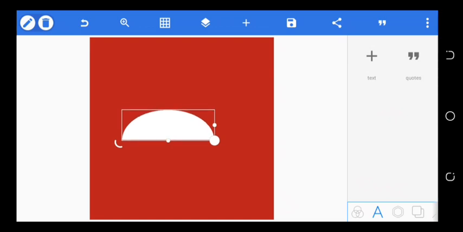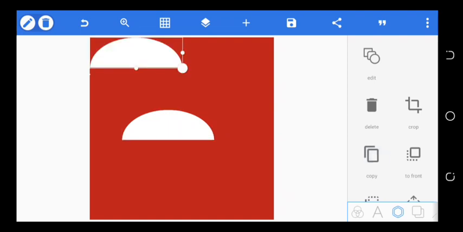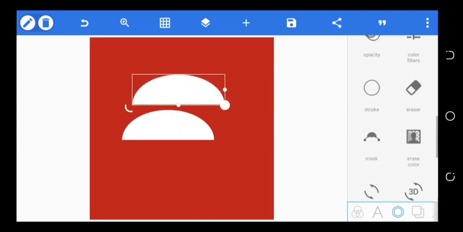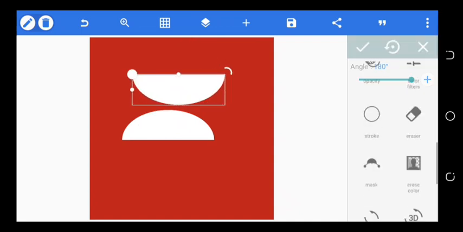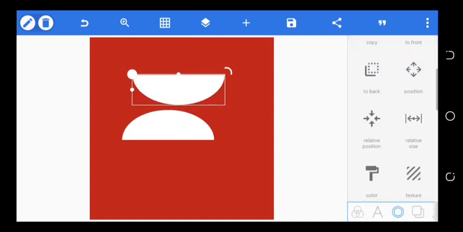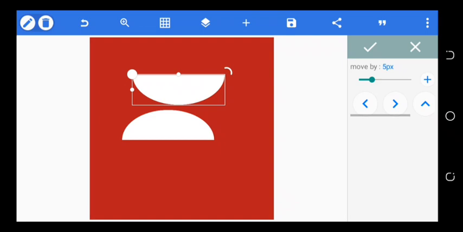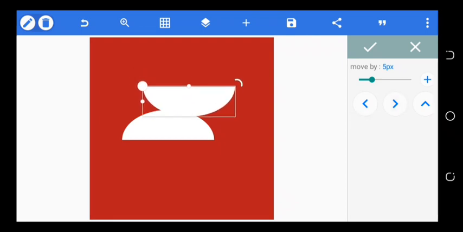So you get a shape like this, what you have to do is you copy it, then you go to your rotate tool and rotate it by 180. It turns upside down and you now place it. You will place it in a way that it will have a curve on the left and a curve on the right. So we'll just have to place it